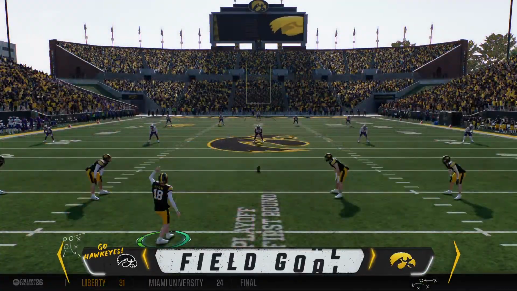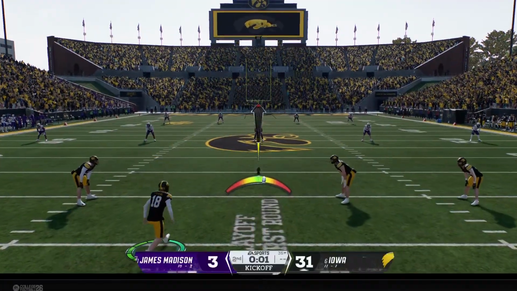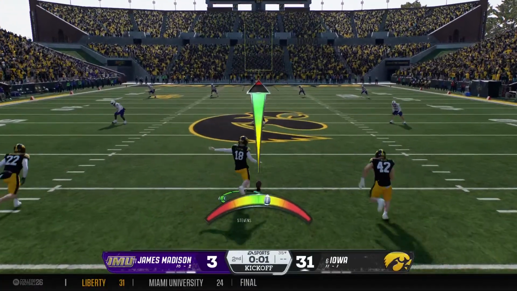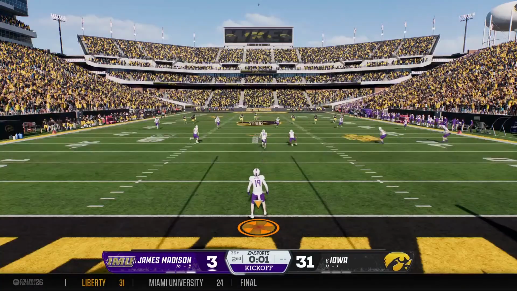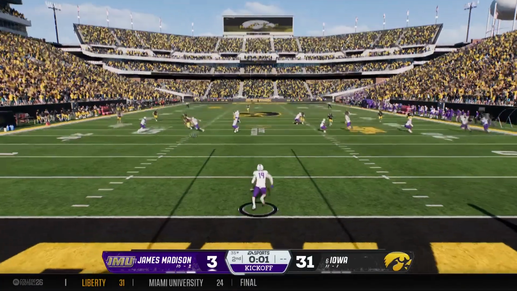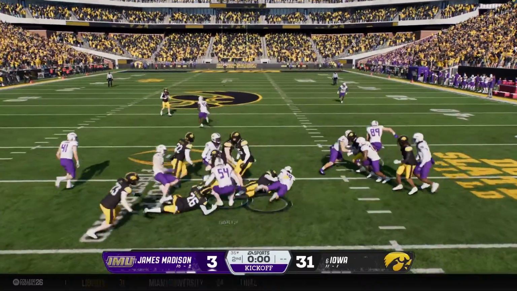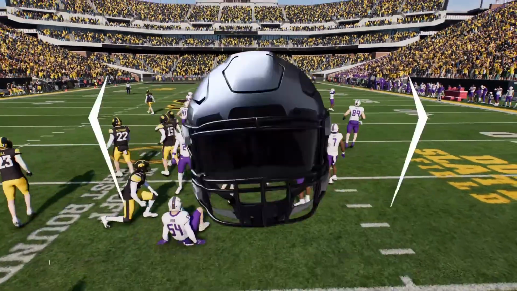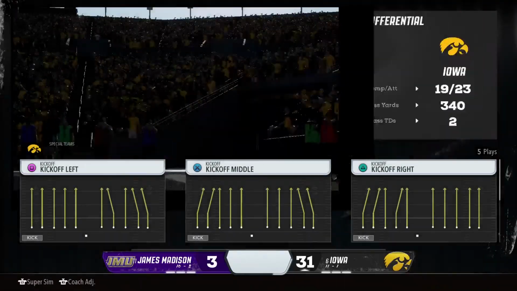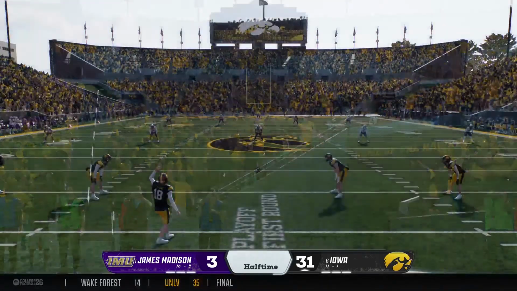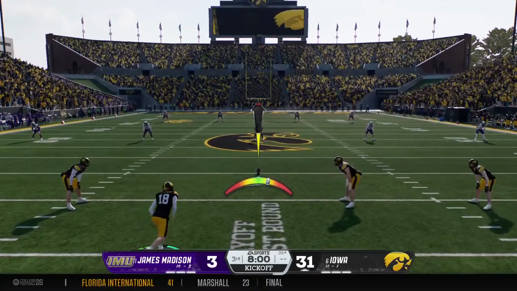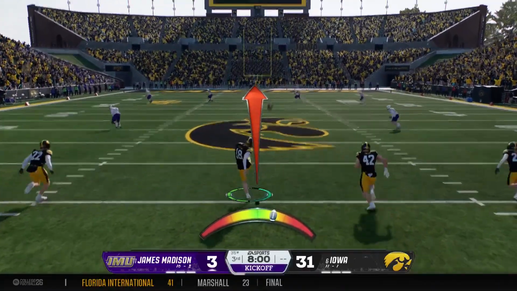Knocks that one right down the middle. And that will extend their lead even further. Snap, the hold, the kick, everything there perfect to put 3 points up here for the offense. And he takes this tremendous toughness here. They finally make the stop after a big gain, but that'll wrap up the first half of play. And the Hawkeyes will kick this away to get the second half going.